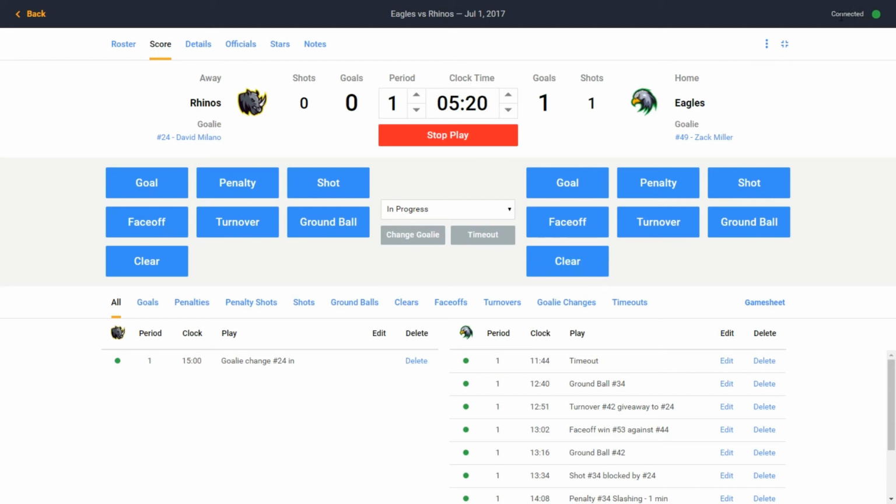Up here in the top right, you'll see connected with a green dot. So this means that you're connected to the internet, and all of your plays will be saving automatically as your score. Now, if your internet connection drops out for any reason, or you have a poor internet connection, then it'll